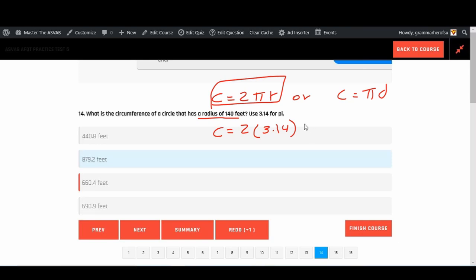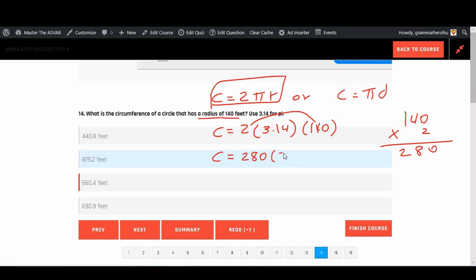And the radius is 140. The first thing I'm going to do prior to dealing with these decimals is do 140 times 2. I'll do that off to the side. 0 times 2 is 0. 4 times 2 is 8. 1 times 2 is 2. So circumference equals